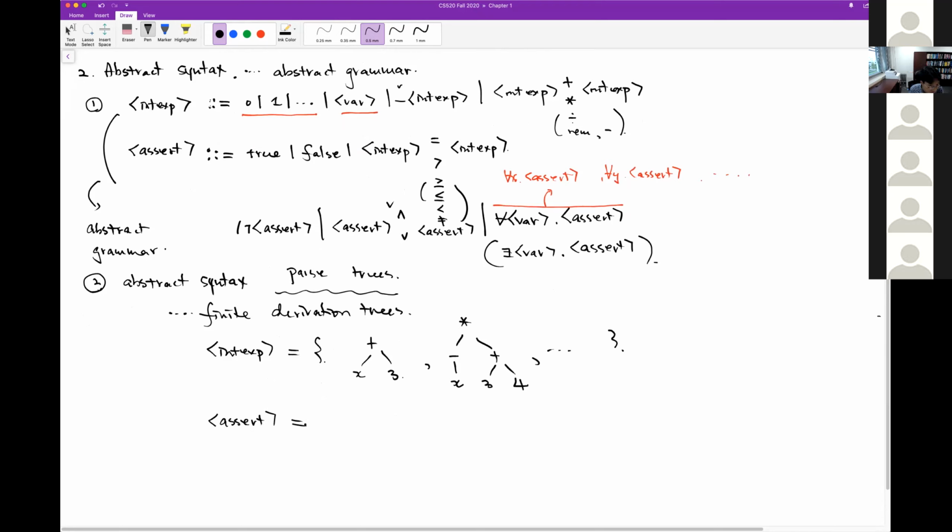And this assert is again a finite derivation tree, but the subtree can include the finite derivation tree from integer expression. For instance, we may have an equality, and that equality may include two derivation trees. They are coming from integer expressions. Then a more complicated, more concrete example can be, we may have some conjunctions,